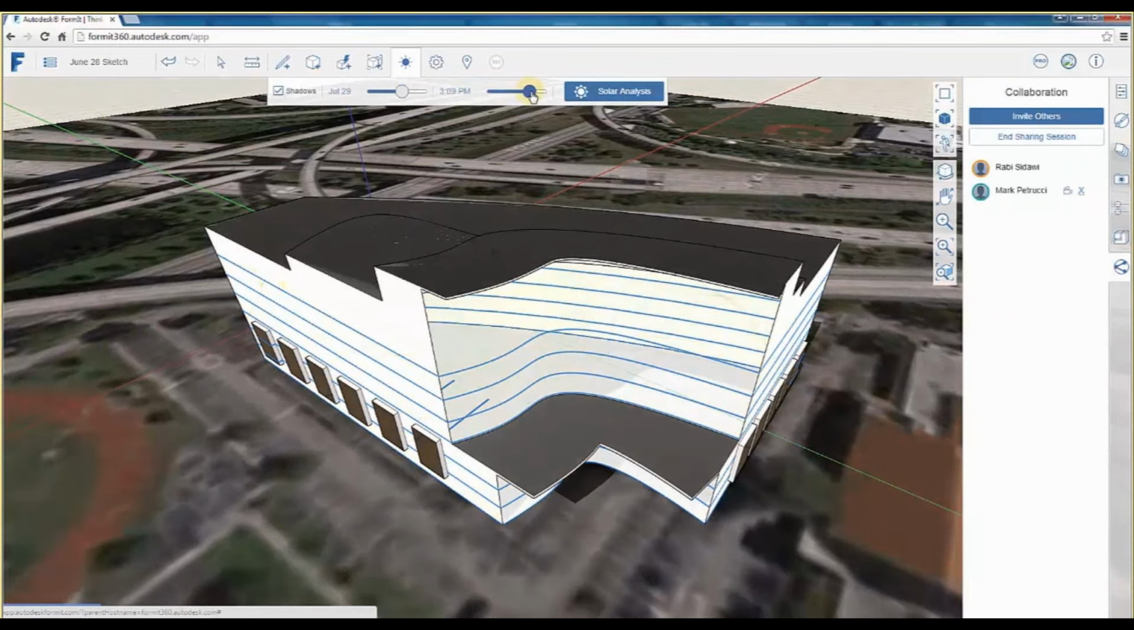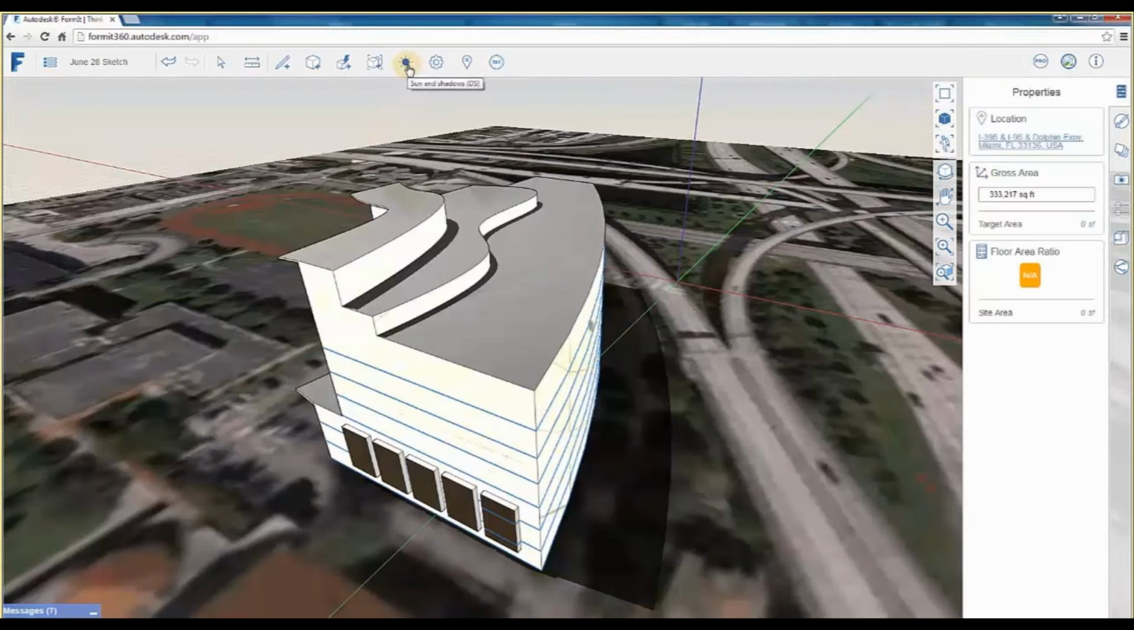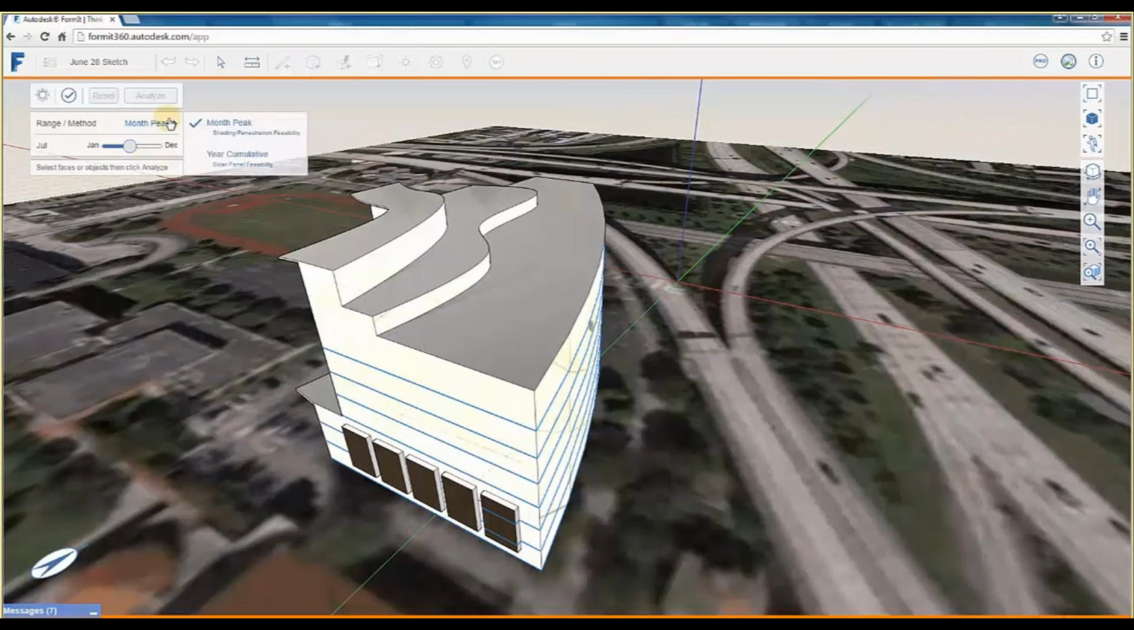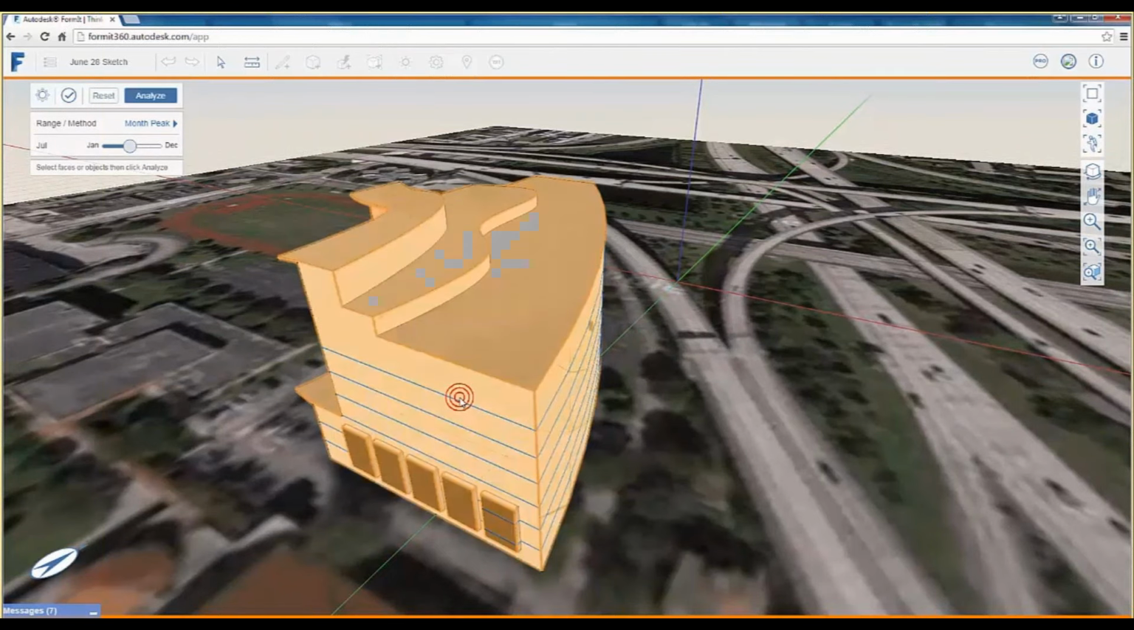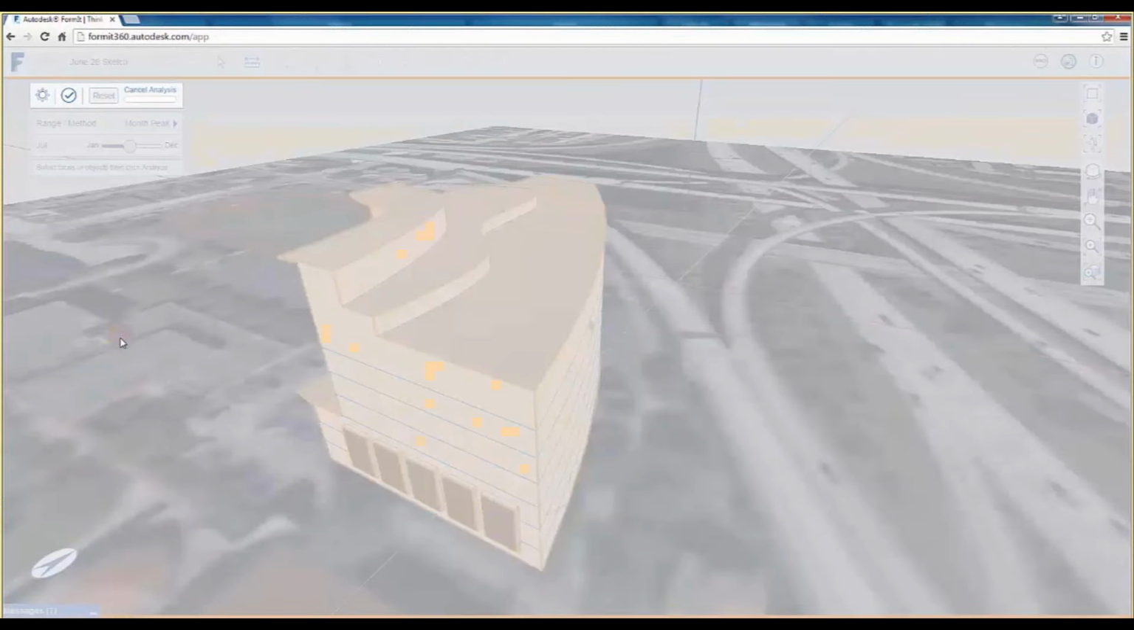We can also run a building life cycle analysis, which will allow us to not only study the solar, but also study either the monthly peak or the year cumulative heat gain, heat loss of the building. That's very important to make sure we set the proper orientation and make sure we have the proper